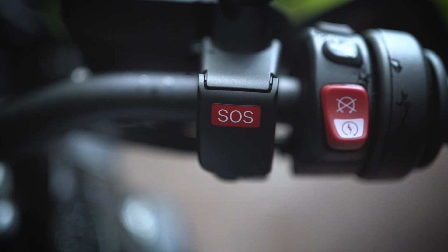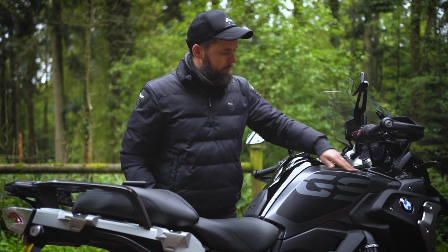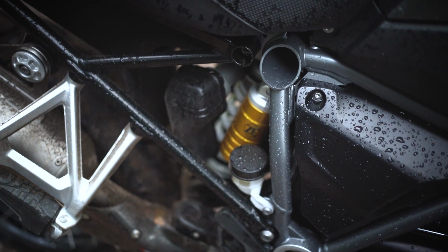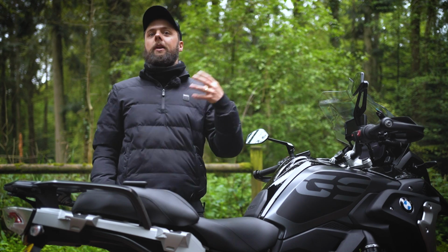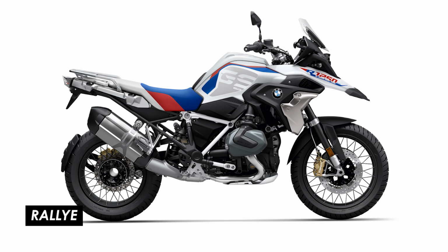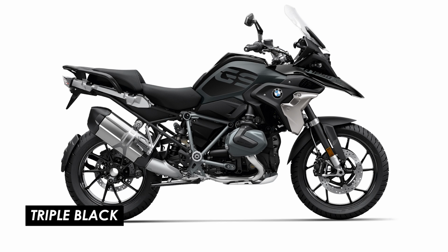We've got the triple black finish on this bike as well, so a bit of gloss black here, a matte sort of deep grey finish, and then the frame is all finished to match. It does look very stealthy. I love kind of blacked out bikes. I know that not everyone does. For those of you who like a splash of colour, you've got more like Rally Job or the 40 Years edition. Go and choose one of those. But if you do like stealthy looking things, this looks fantastic in the flesh, especially because they've added the Option